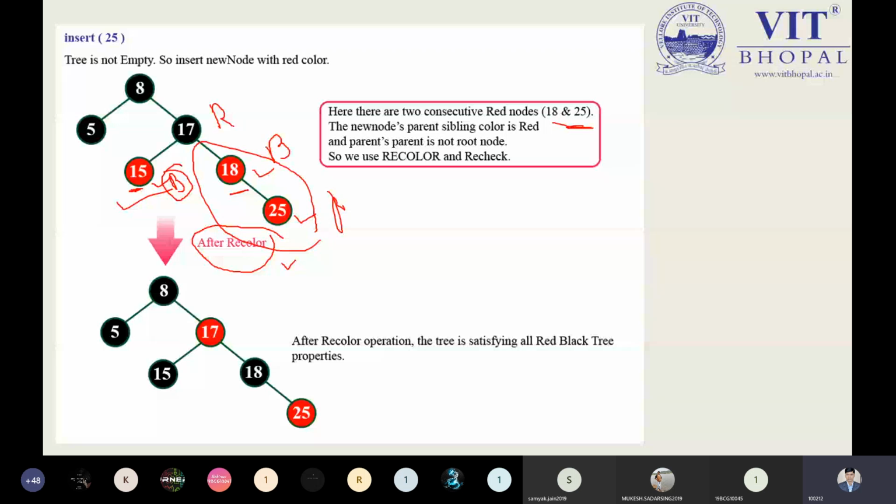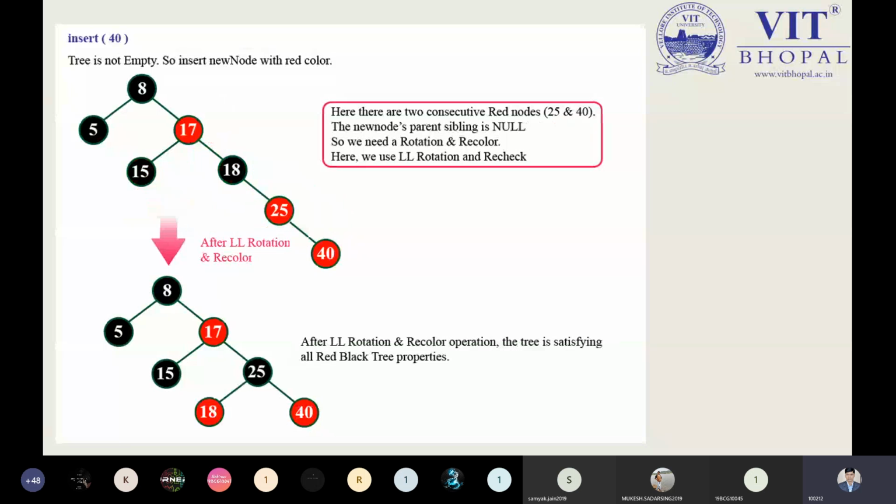But again I'm saying it is not balanced, then you can manage its balance. But right now it is following the properties of the BST, the binary search tree. So undoubtedly we can say there is no problem over here. But while talking about balancing, the rotation is also required. So let us see after the new element. After inserting the new element, that is 40, it is noted that